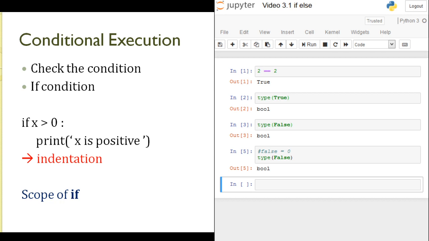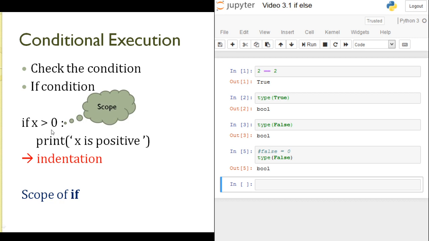Otherwise, don't print anything. So here we are using the if condition, and in other programming languages we generally use braces to represent the scope of a condition or loop. Here in Python we use a colon. So this colon basically represents the scope of the if condition.